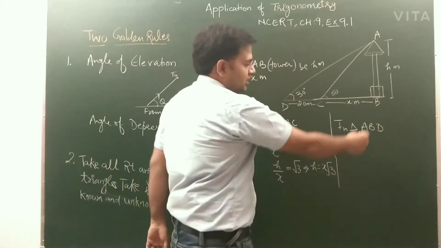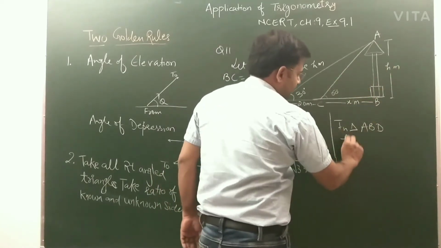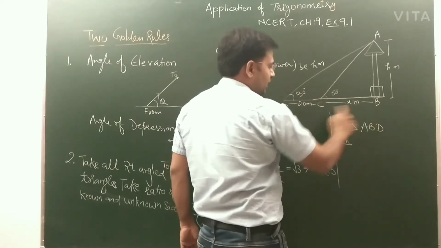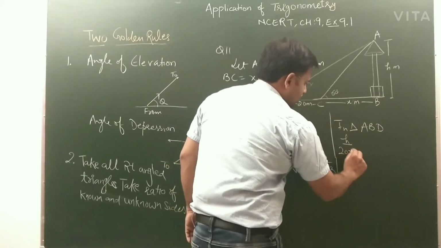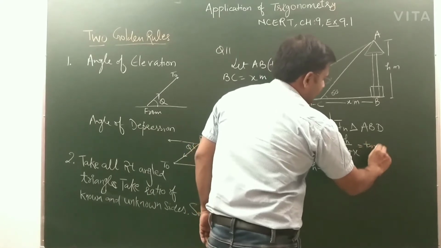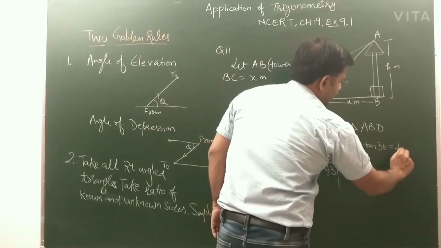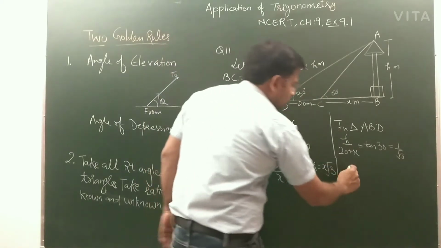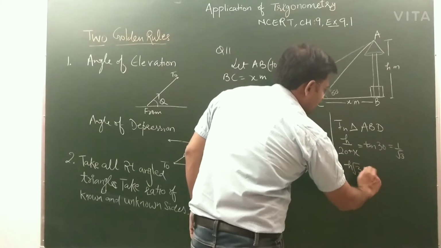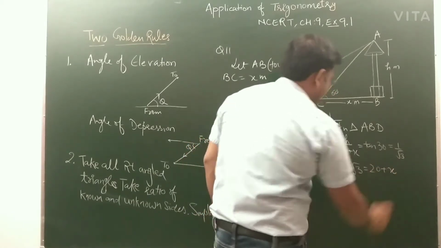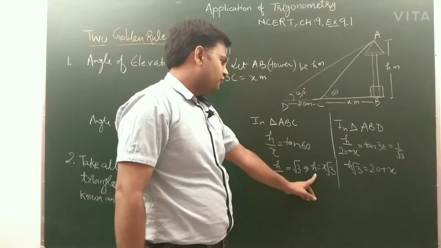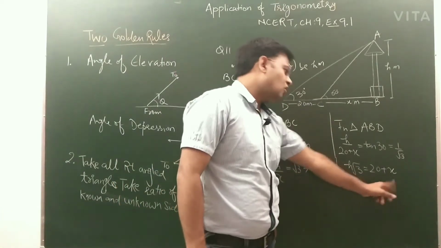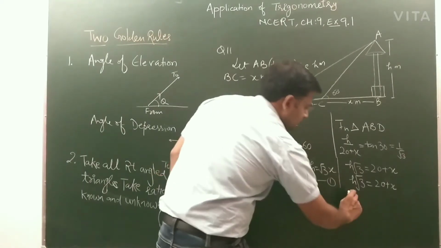Now come to the second triangle. Here again we take the ratio h upon the base. The base is BD, which is 20 plus x, and this is tan 30 degrees, and tan 30 is 1 upon root 3. Now we do cross multiplication, so this will become h root 3 equals 20 plus x. Now you have to find h, so either you can take x from here and substitute it, or you can do this one. So from 1